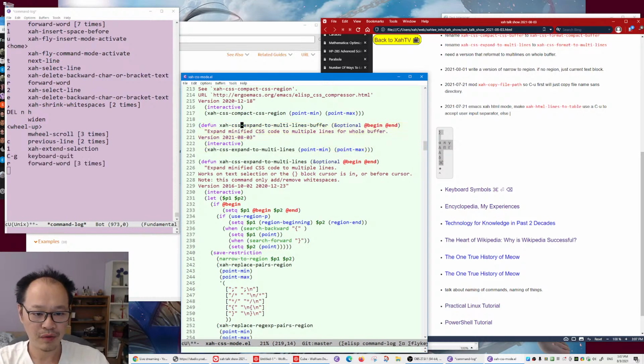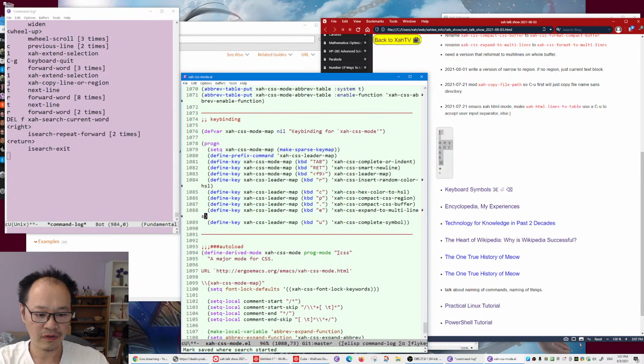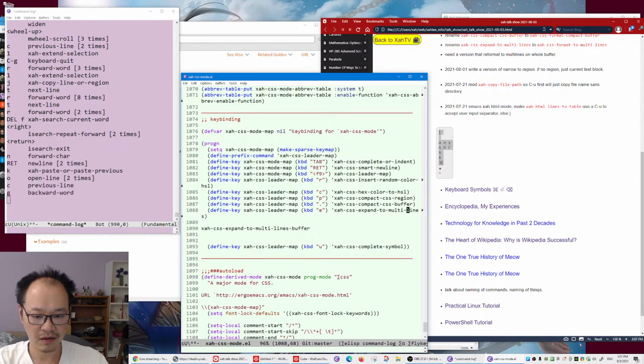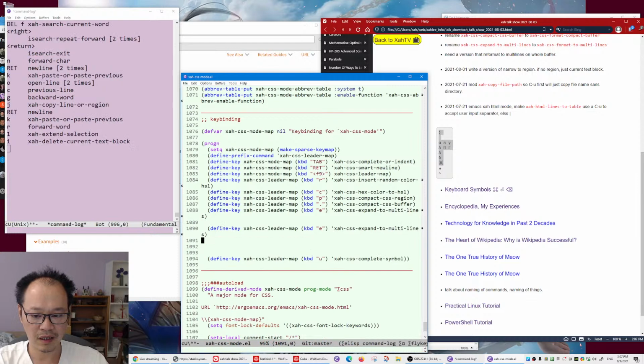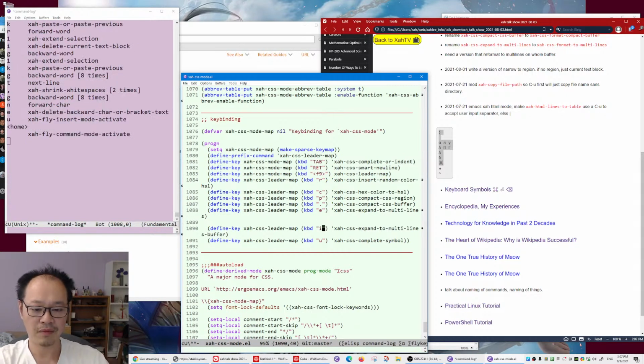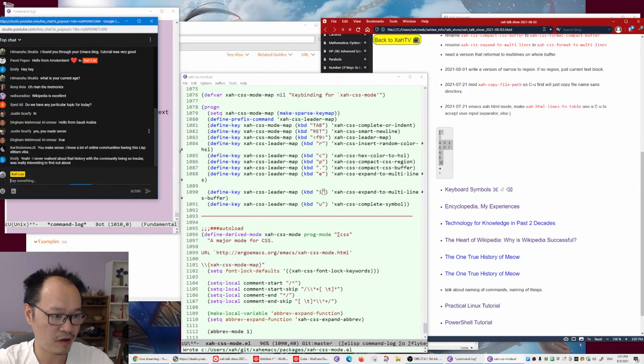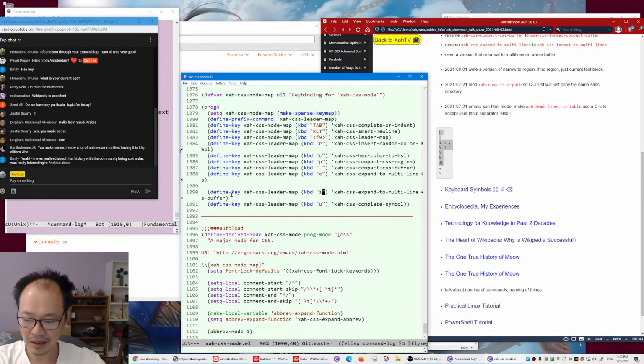Okay, so now we need to give it a key. So let's search for that command. For now, let's just give it a key. So let's copy that and do that. What key should it be? Again, the designing of key binding is another art. So I don't know which key should it be. For now, let it be random, so we have some key. I'm going to change them offline. Okay, I think that's it